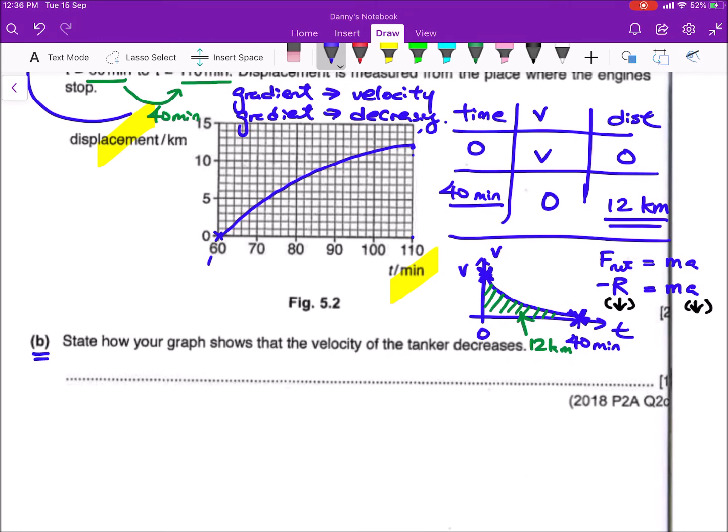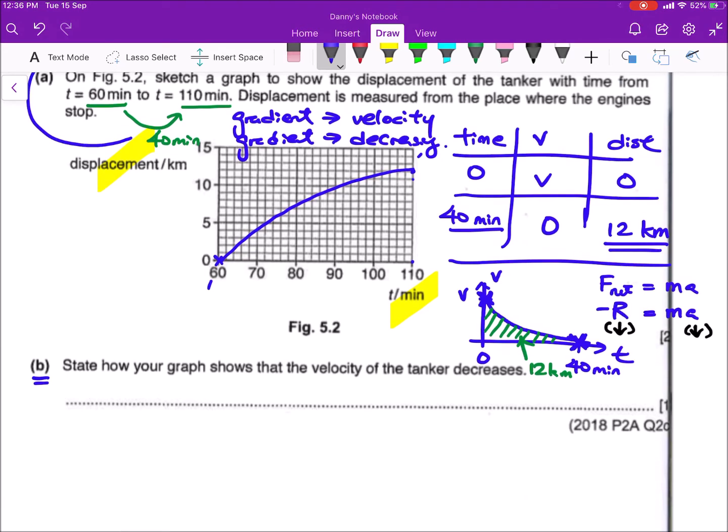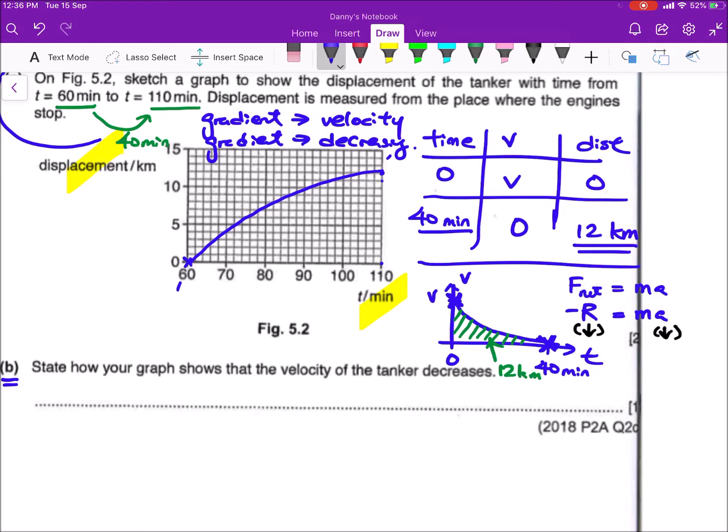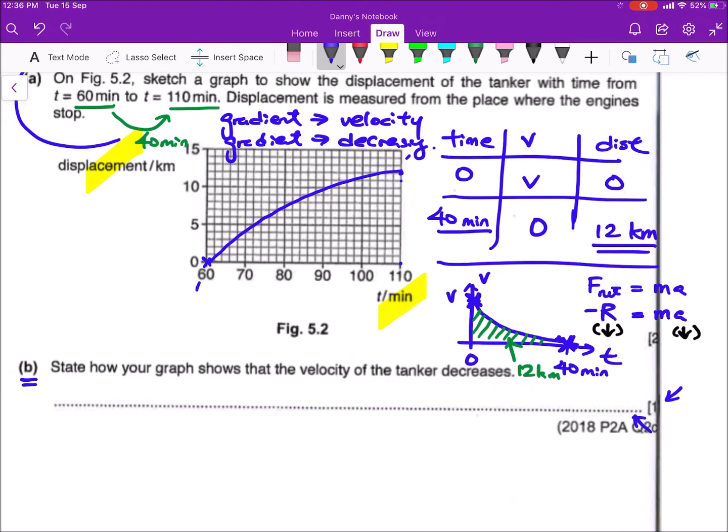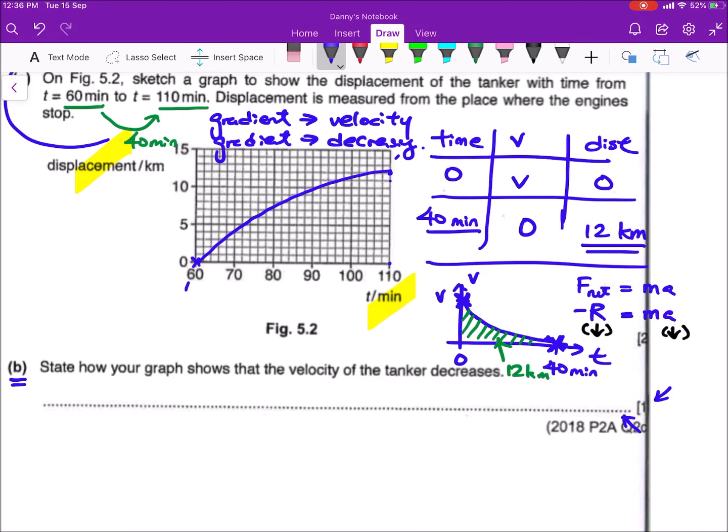How does your graph show that the velocity of the tanker is dropping? Very easy, right? We have already answered that. So as you can see down here, Cambridge only gives 1 mark and it is one answer line. So they would expect a to-the-point answer that is direct and you do not need to over answer. Do not just write a lot, just answer to the point. So like what I said, you just need to write down, well, my graph